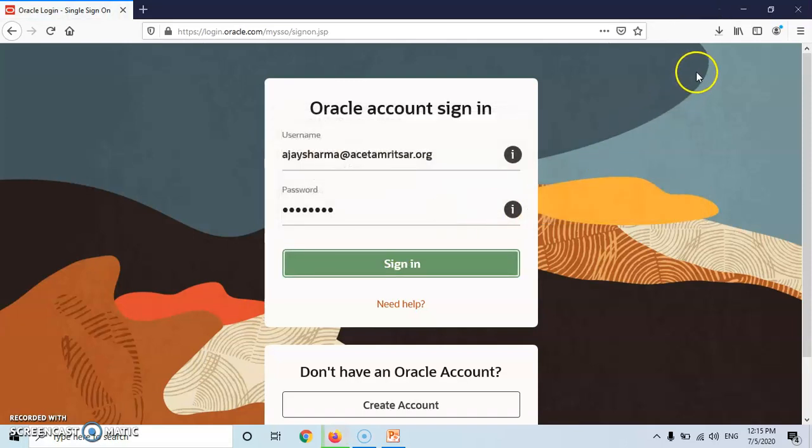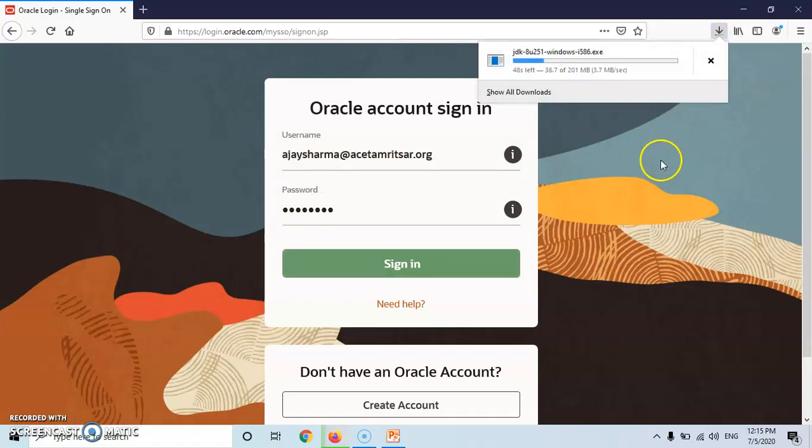So let's download it. The download process is on, guys, and once it is done, we can start with the installation process. Installation is simple, like all installations in Windows. Just click and continue.